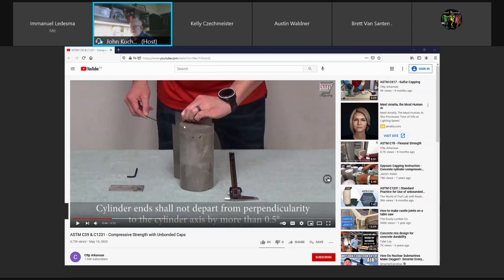And here you can see what I was referring to, they're checking the smoothness. Typically you would use a feeler gauge, almost the same that you would use when you're setting spark plug gaps in your car. Here he's using an Allen wrench, but it's obviously the proper diameter. So he's trying to check if it slides under that straight edge, which is machined, then he knows he's got a low spot. So you have to grind it. He's also going to check the perpendicularity to make sure that he's within 5 degrees